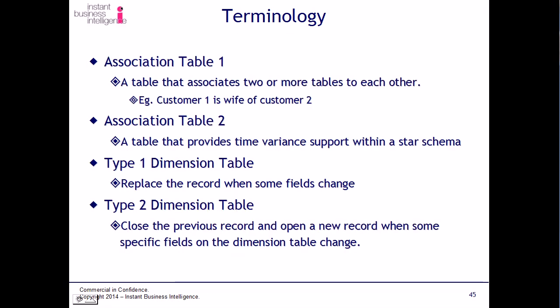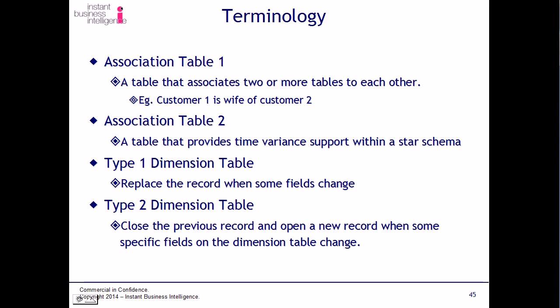We have an association table type 1. And an association table type 1 associates two or more tables to each other. So for example, if customer 1 is the wife of customer 2, and customer 2 is the husband of customer 1, then that would be stored in an association table. If customer 1 lived at address A and customer 2 lived at address B, that would be stored in an